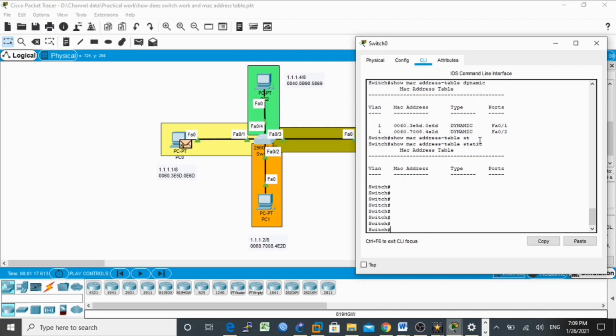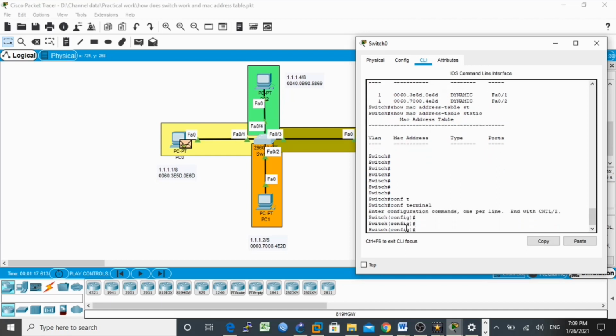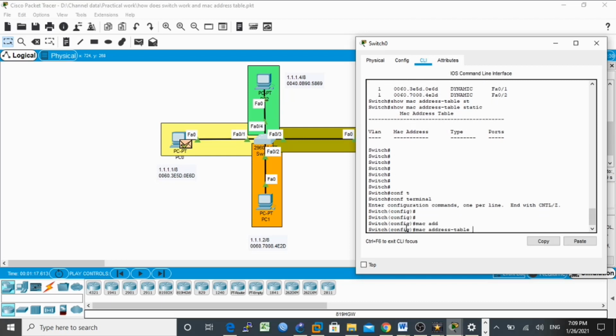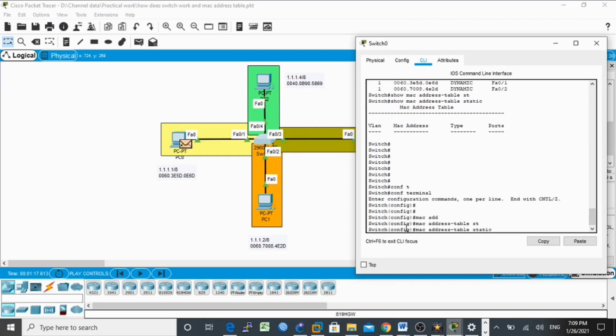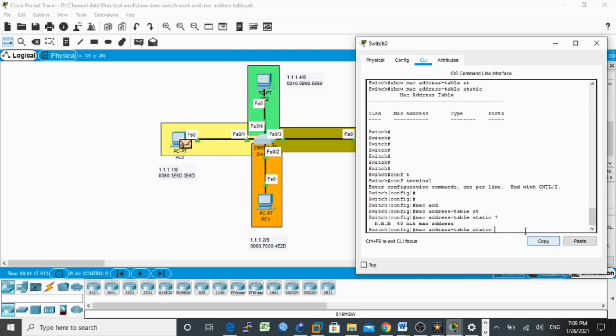If you want to change this type to static, how can we change it from dynamic to static? I have to configure it manually. You have to go into configuration mode and type one command: mac address-table static.